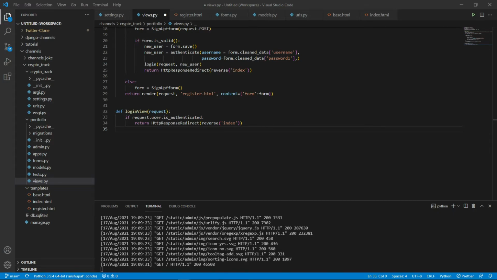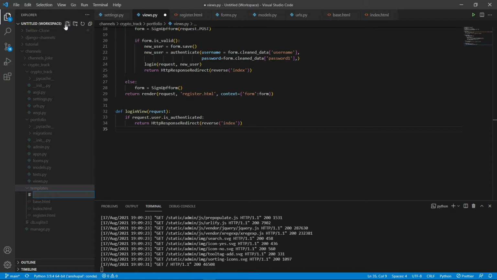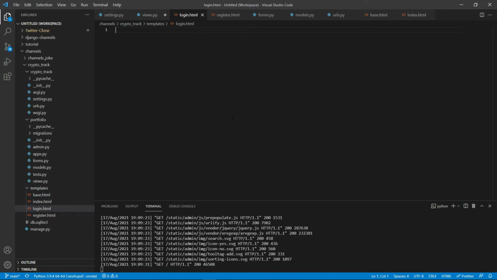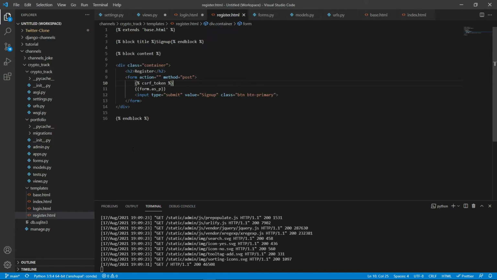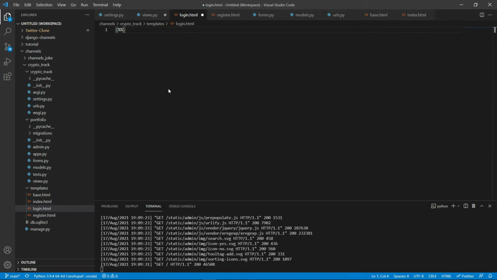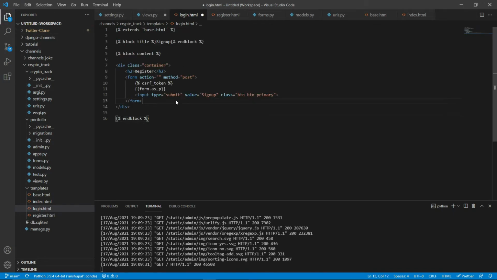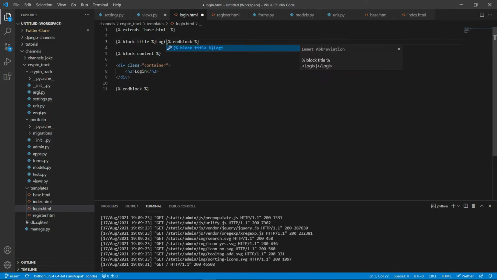So I'll be using Bootstrap forms. So let me bring the form first. I'll be using a simple form. Let's create a template, login.html. Let's copy this. Remove this form. Login. Now